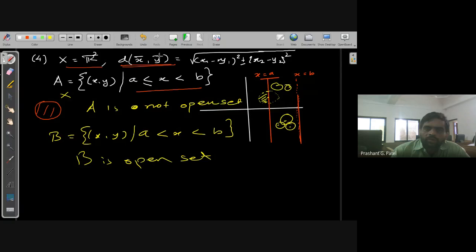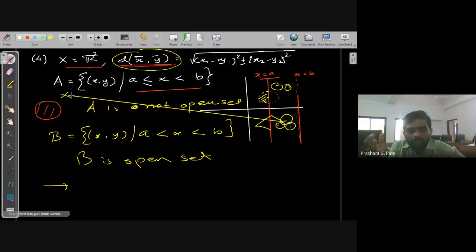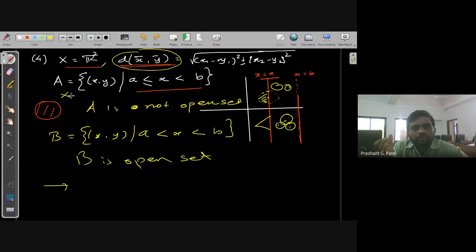Fine. With this couple of examples, I can give you an exercise to try. If I change this metric to another metric, that means drawing a square neighborhood instead, is this set A an open set in that case? Can you find sets which are open in this metric but not open in another one, and vice versa?